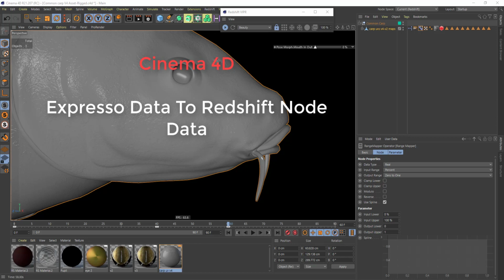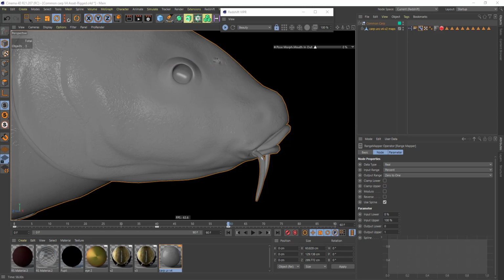Today I'm going to be covering some options that we have so that you can control data between Xpresso and the node system for Redshift. There will be times when you want to control multiple data at the same time, and what you'll find is that in the node-based system for Redshift you won't always have all of the nodes that you require for general Xpresso kind of control. So you need to be able to create a kind of link between Xpresso data and